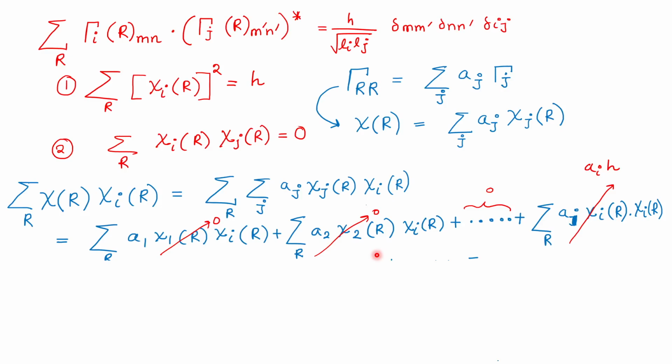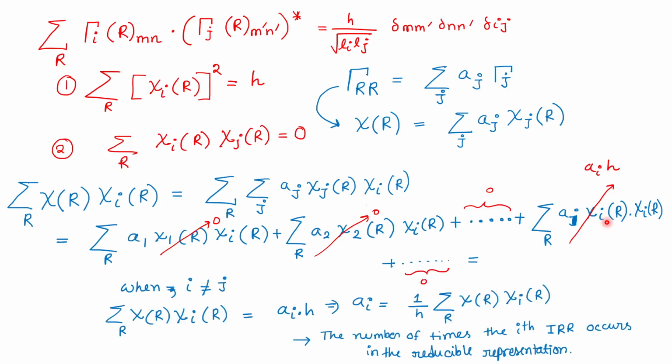I hope you are getting my point. See, each of them is going to be 0 except for j equals i. All of them are going to be equal. So ultimately, this is going to give me the sum over R of chi_R into chi_i of